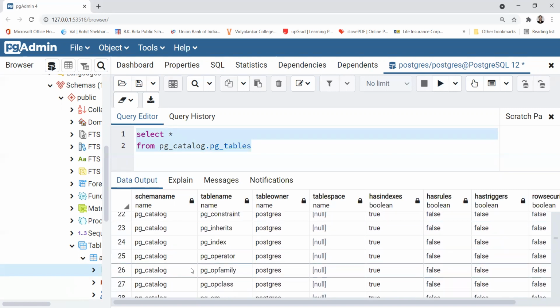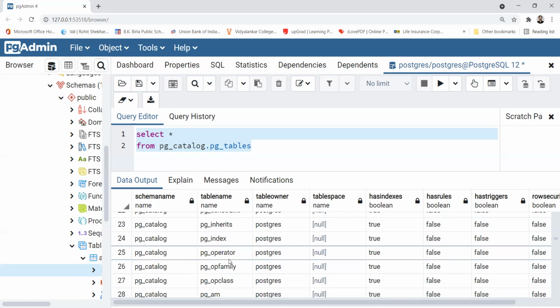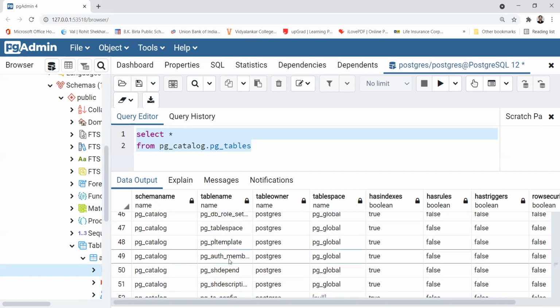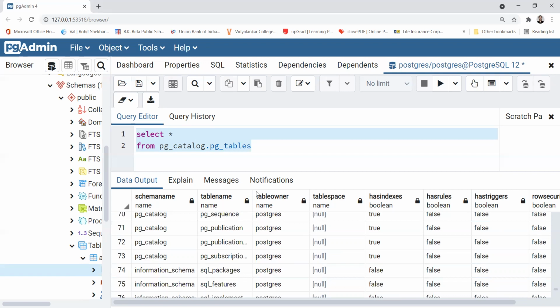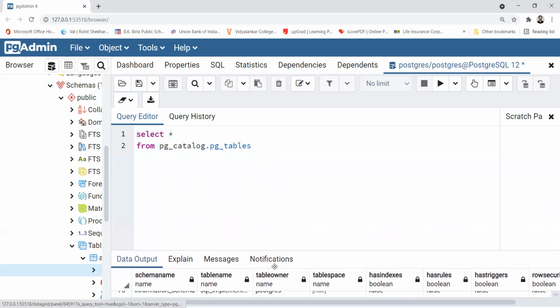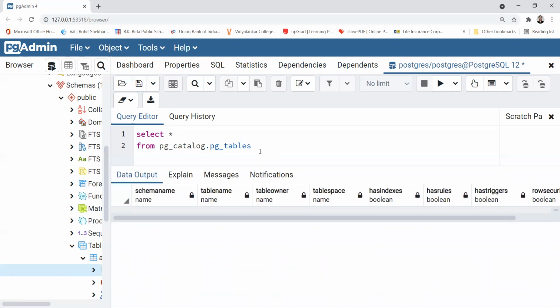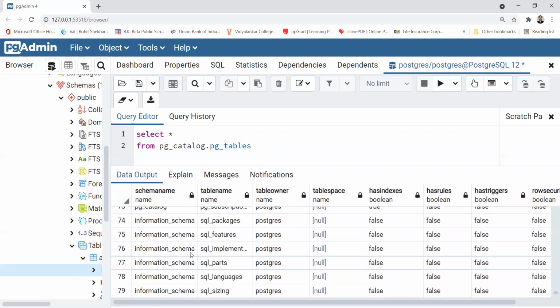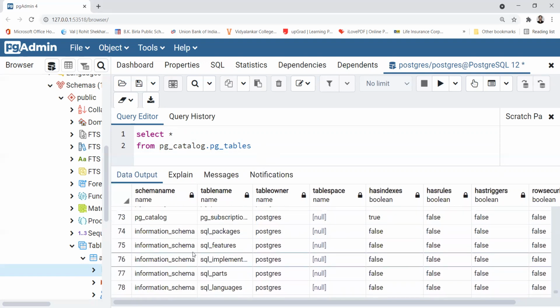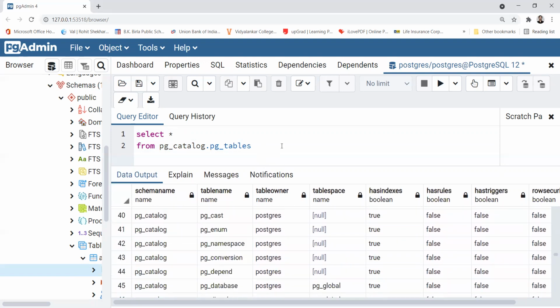There are many tables, in fact, with schema name pg_catalog. You can observe that. So basically what I want to show is that all the tables must be displayed except those with schema name pg_catalog and schema name information_schema. You can observe there are many tables for information schema as well, right?